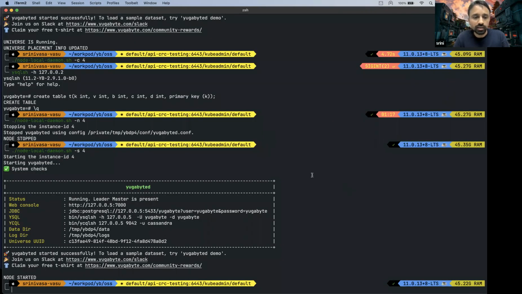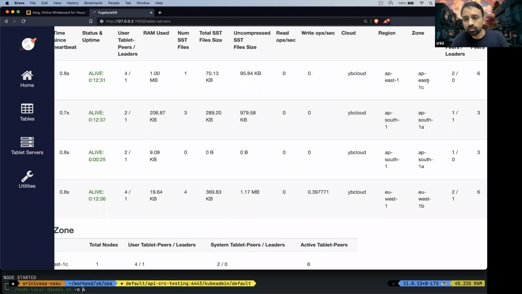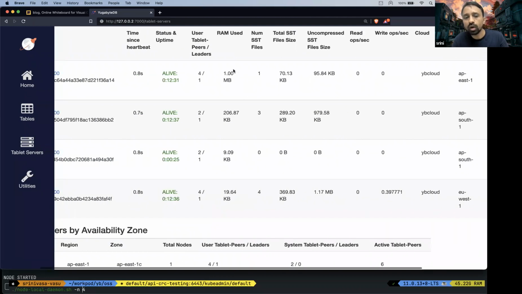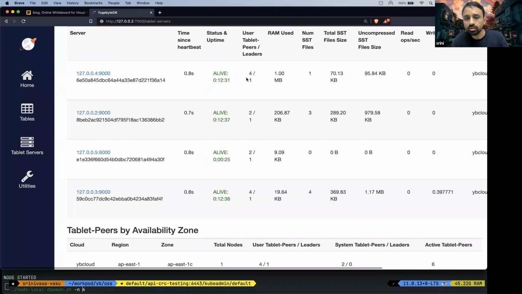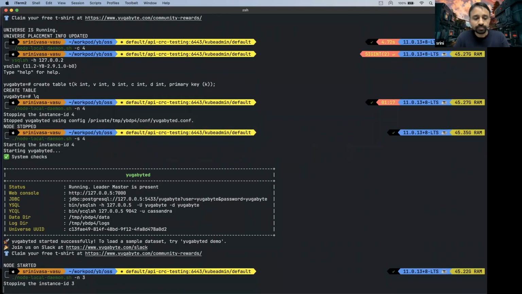So let's quickly move on to the other failure case, which is the under-replicated scenario. Instead of bringing down 05, let me go ahead and bring down 04, because this availability zone East 1C has got only one node. And at this point of time, it has got 4 shards and 1 tablet leader, right? So if I stop that node,